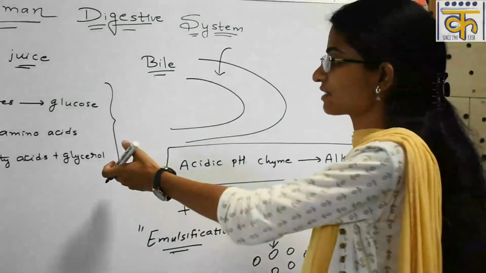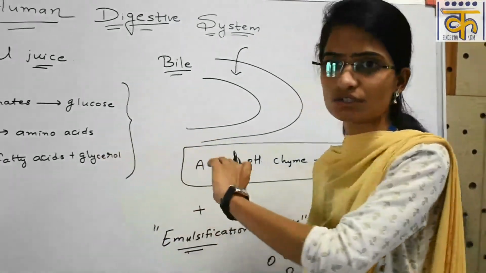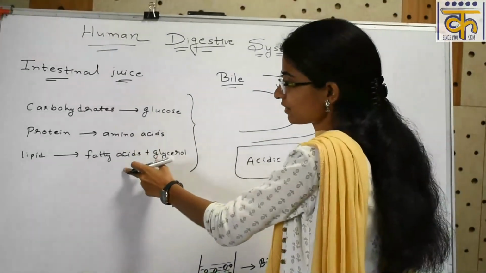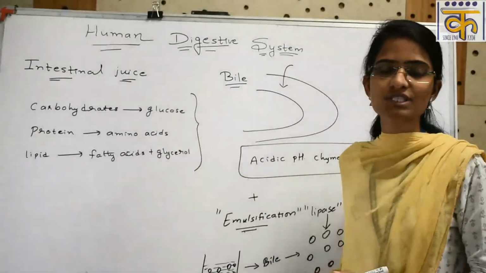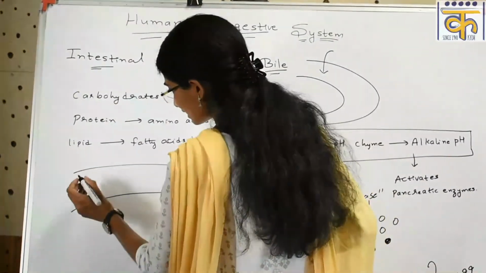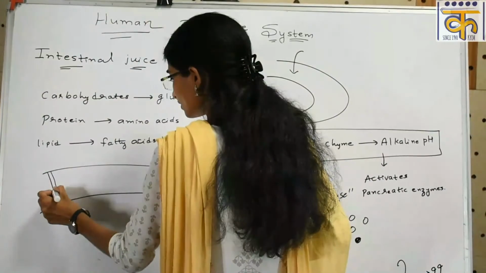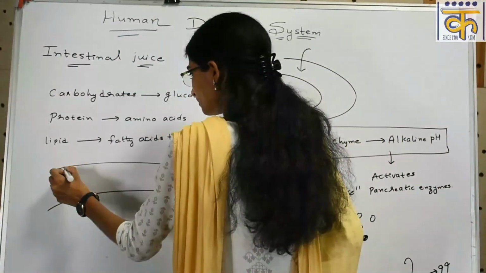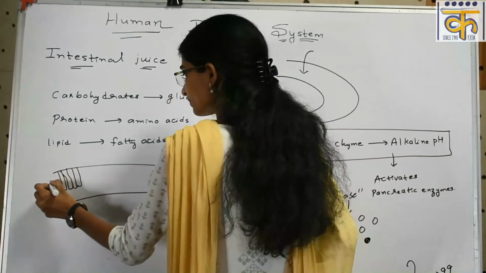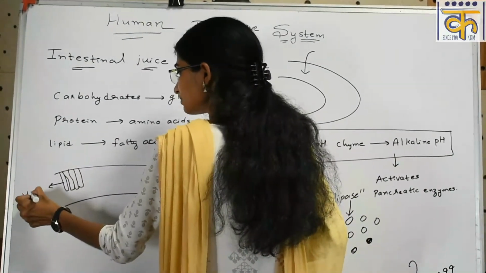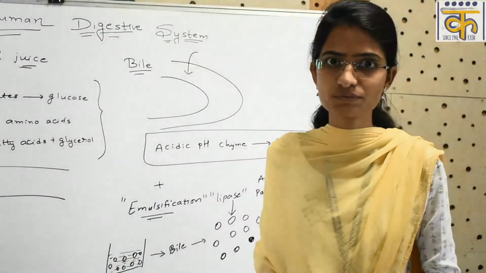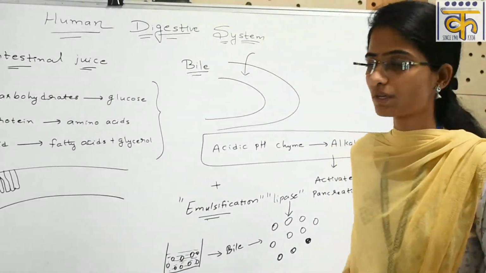That means our digestion ends in the jejunum part and we will have the final products glucose, amino acid, fatty acid and glycerol, which can now be absorbed in the last section of the intestine, that is the ileum. Ileum has finger-like projections throughout and they are termed villi. They help in increasing the absorptive surface area and thereby better absorption.